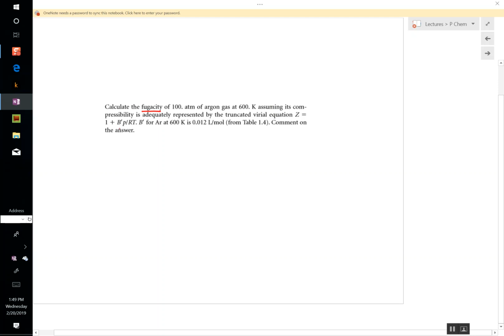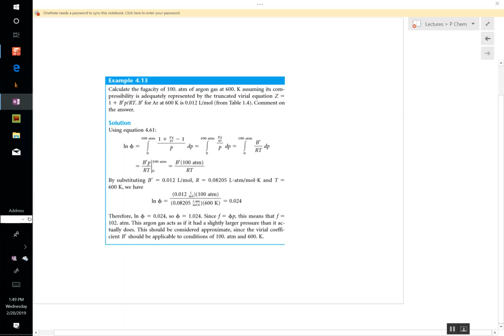So you got that expression right there. And it's giving you what the B prime is here. Comment on the answer. Calculate the fugacity. Now remember, fugacity is F. All right, well, let's just walk down through it real quickly. So the ln of phi equals